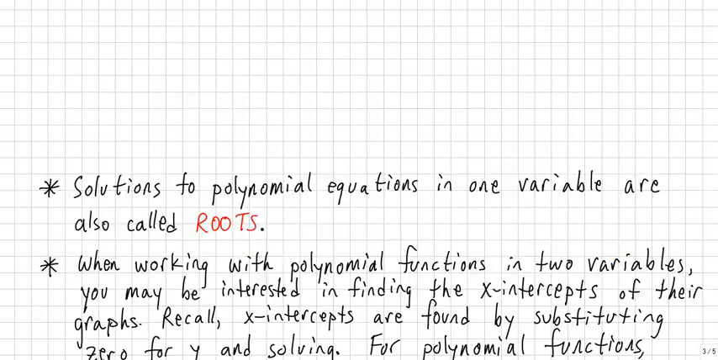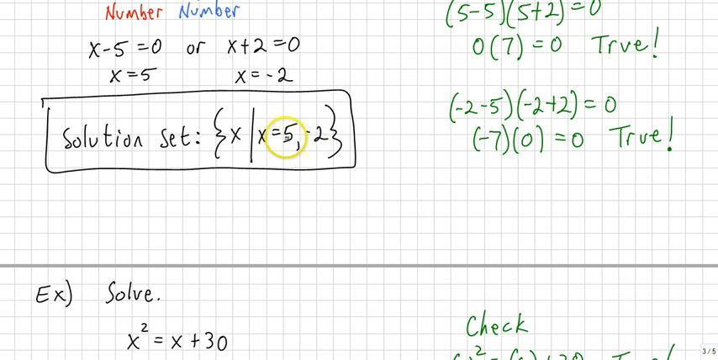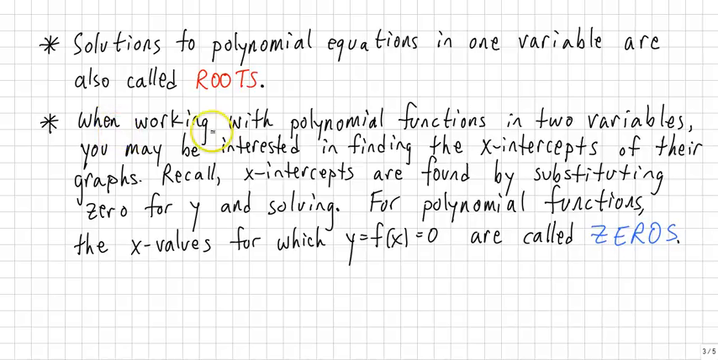So if you go back, these are called roots. So x equals 6 and x equals negative 5, those are roots for that polynomial equation. Same thing here. x equals 5 and negative 2, those are roots for that polynomial equation. Well, if you have a polynomial function, so remember functions have two variables, usually x and y, but they don't have to be x and y, they can be any two variables. But if you have a polynomial function with two variables,